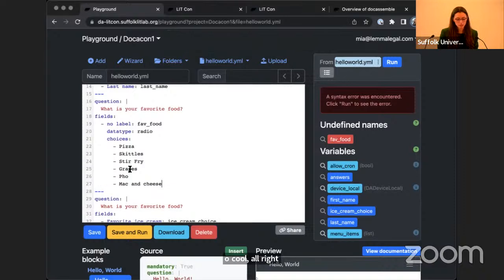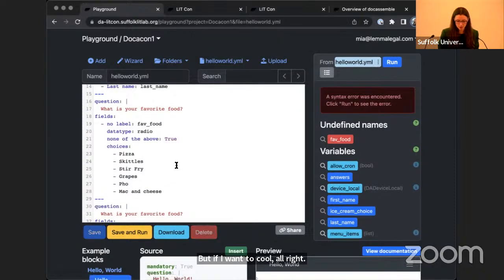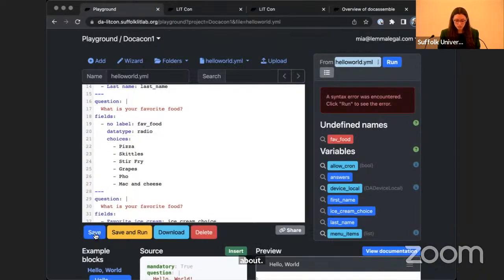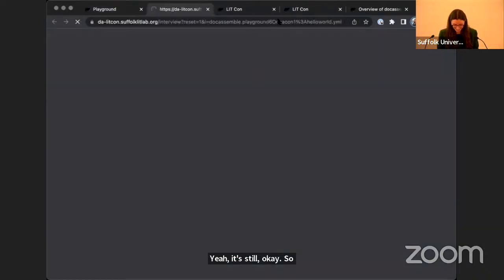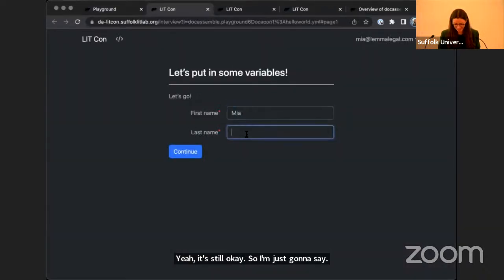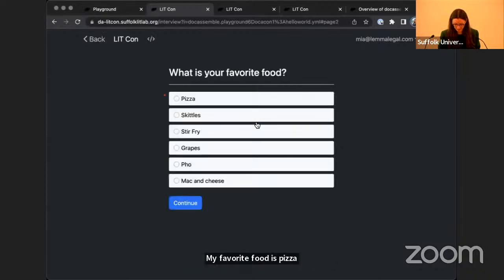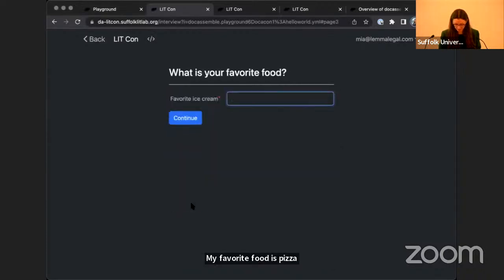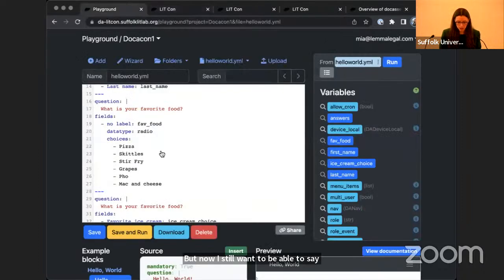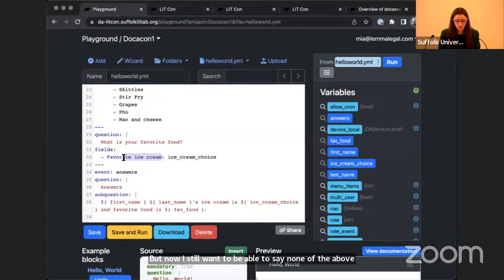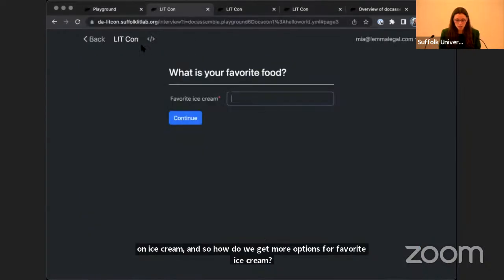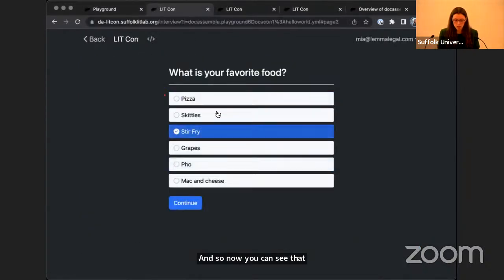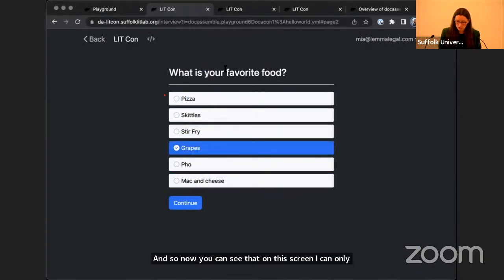This just might be an extra feature that we might forget about. Okay, so I'm just gonna say my favorite food is pizza. But now I still want to be able to say none of the above on ice cream. And so how do we get more options for favorite ice cream? And so now you can see that on this screen, I can only choose one option because it's favorite food,